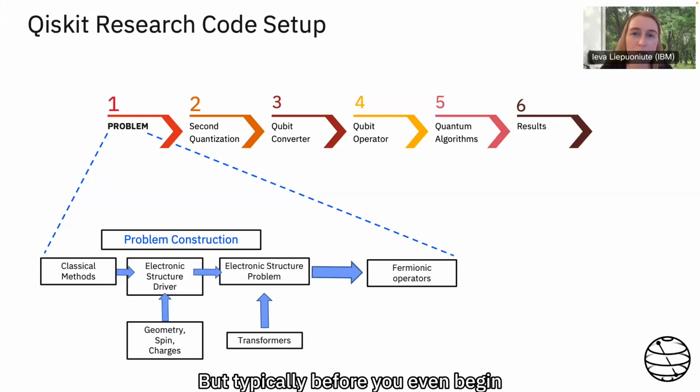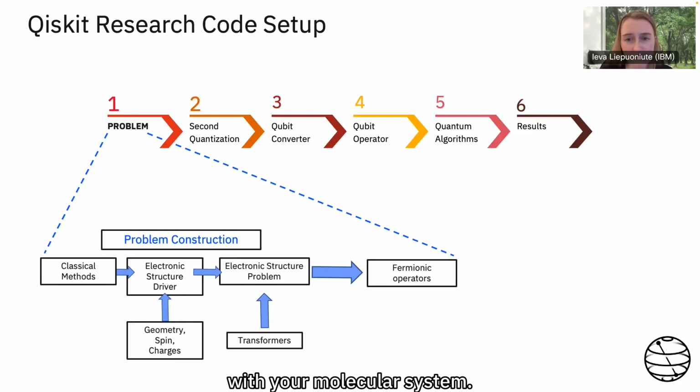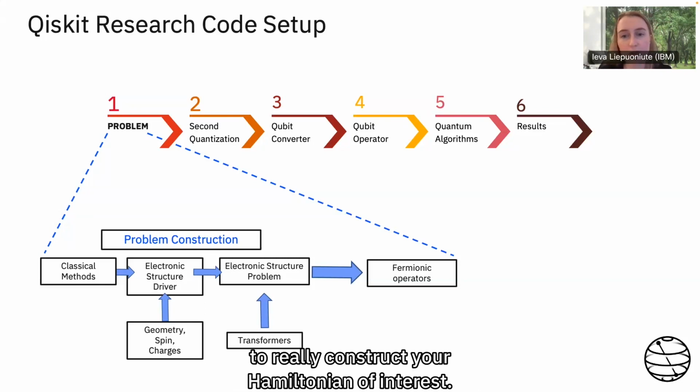But typically, before you even begin with your Hamiltonian construction, you have to have the coordinates associated with your molecular system. You have to define the geometry, spin, and charges associated with your system. And then you have to choose your electronic structure driver, which is essentially a classical code, such as PySCF, for example. These drivers are important because they do some classical calculations that then help you construct